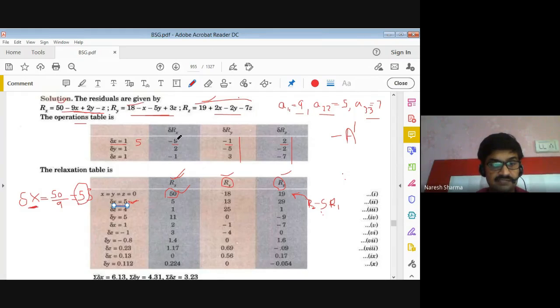So if we multiply this by 5, it is 45. We add here. We would like to add here, not subtract. So I am writing here, this 5 into -9 is -45. So -45 plus 50 is plus 5. We get this. Multiply this with 5, that is -5, add in this is 30. Now multiply this with 5 is 10, add in this is 29. This is your first step, right?